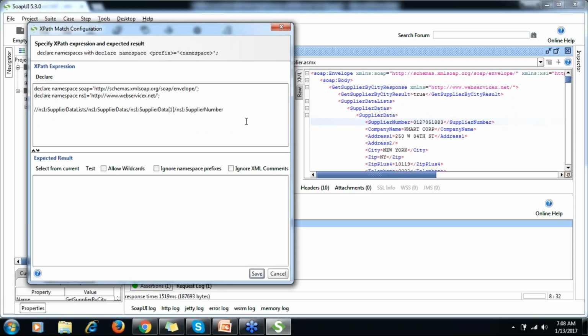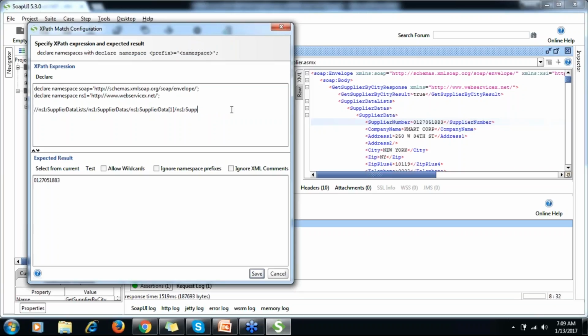If I click here, select from current, you can see I got this number, the first supplier number. So this is how you can write your XPath to get the particular thing. Okay, so this was the supplier number.